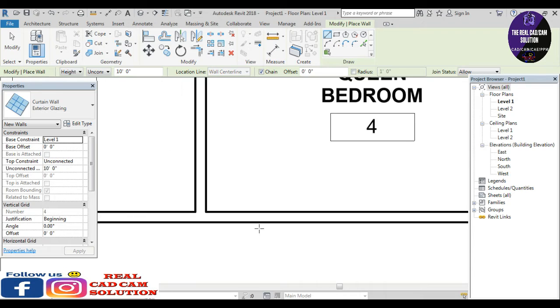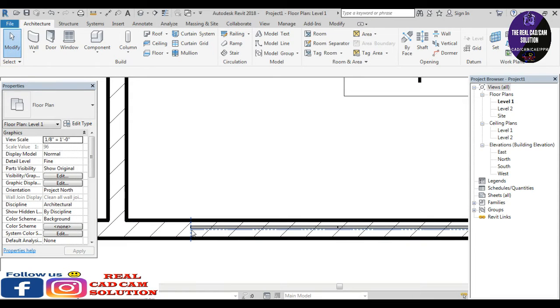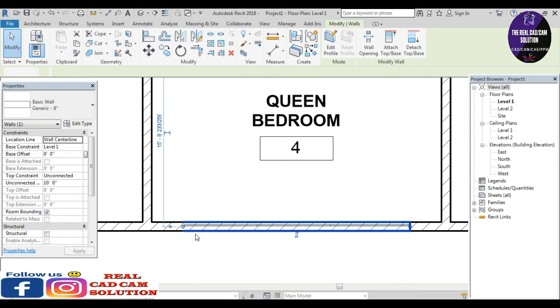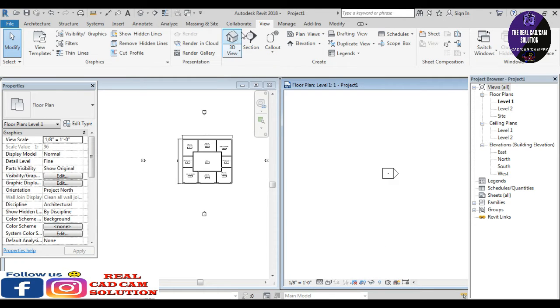This is the glass framing of the building, also using an aluminum partition. Just look at how to do this. I use the split wall tool. Just click over here and also over here, and go to delete the unwanted walls. I take this wall. Okay, the glass wall is processed. And then go to the 3D view.